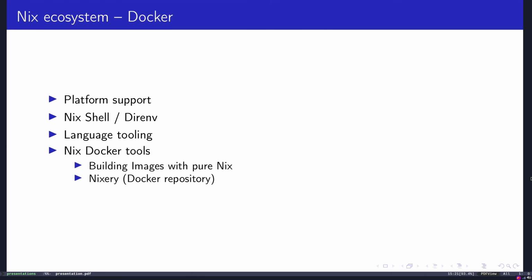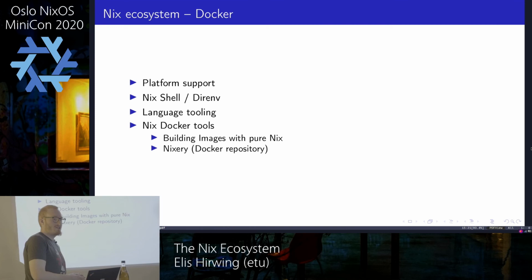Another example is Nix can build Docker images. And you can define how many layers you want, and it runs a popularity contest to build optimized layers. So you can have smaller deploys, especially if you have several containers. And there's also Nixery, which is a custom Docker repository built on Nix, which is super powerful. It's still fairly new, but I think it will be great.